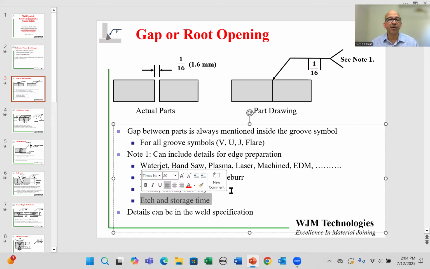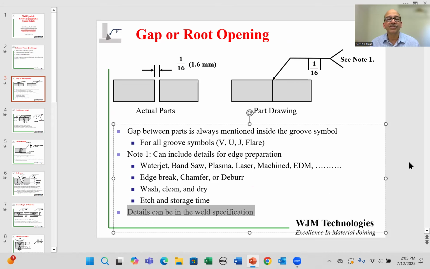These are very important for all welding, and etch and storage is particularly important when it comes to welding aluminum, especially for aerospace applications, where the parts have to be etched and stored and have to be welded in a very short amount of time thereafter. These details might be in note 1, or they could also be in the weld specification. So you may have to read that one very carefully as well.